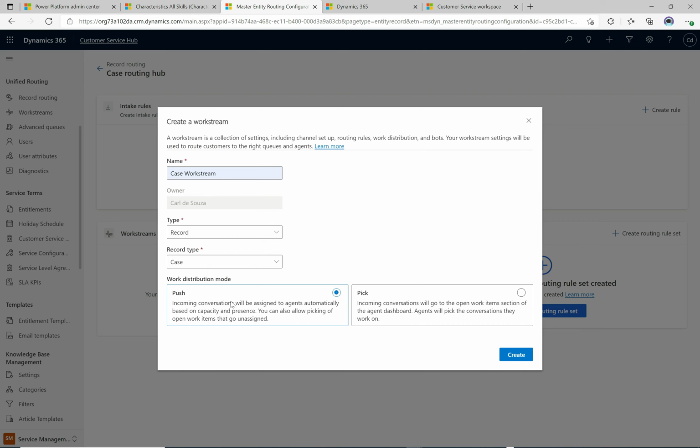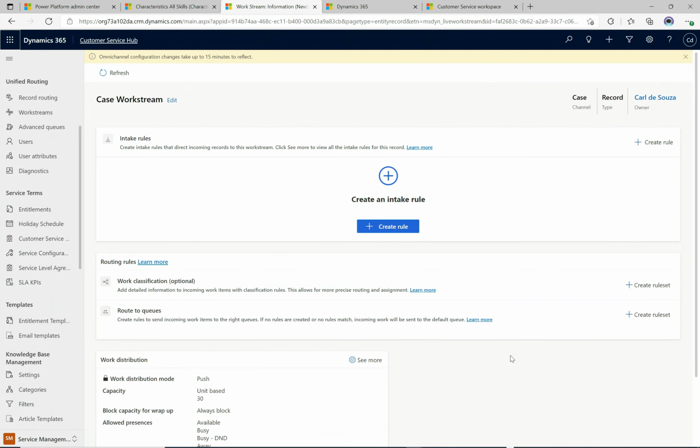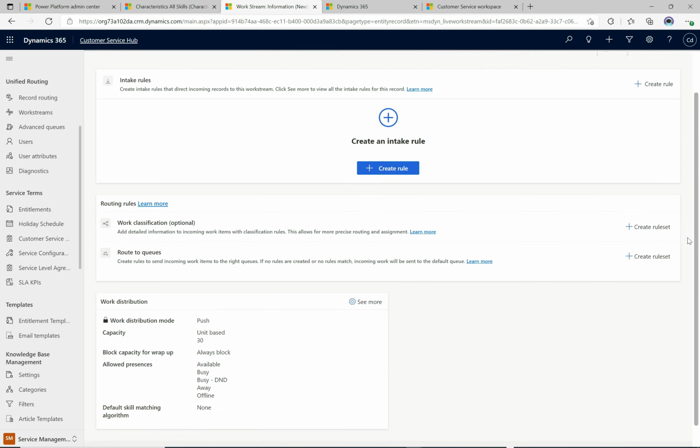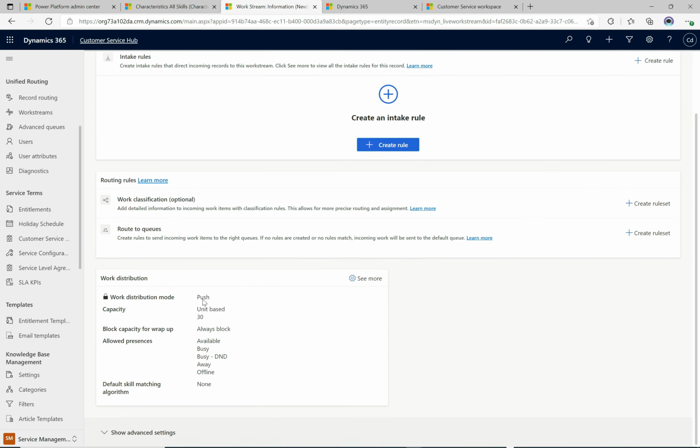So what we're going to do is use push, and we'll see that these cases get routed and then assigned appropriately to the agents. Okay, so I'm going to select push here. I'm going to click create. And now we have the intake rules, we have the routing rules, and we have the work distribution. And we can see, if I just scroll down here, the work distribution has been set properly. It says push to this